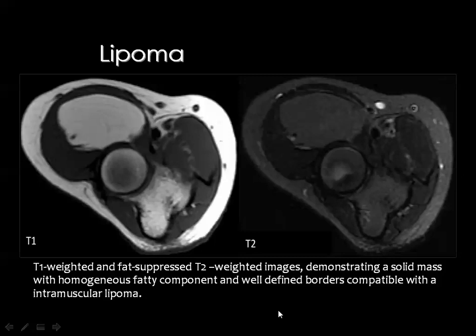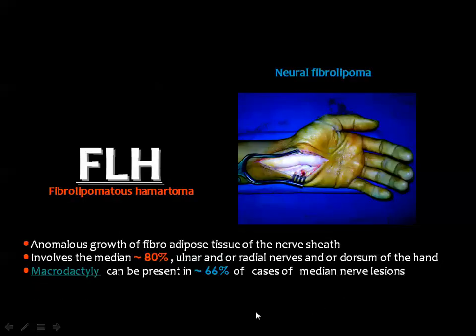Lipoma near the elbow. In the T1 weighted image, it shows similar signal intensity to the subcutaneous fat, while in the fat suppressed image, it shows suppressed signal compared to the fat as well. And the second type of the tumors in this category is the fibrolipoma or the fibrolipomatous hamartoma, and